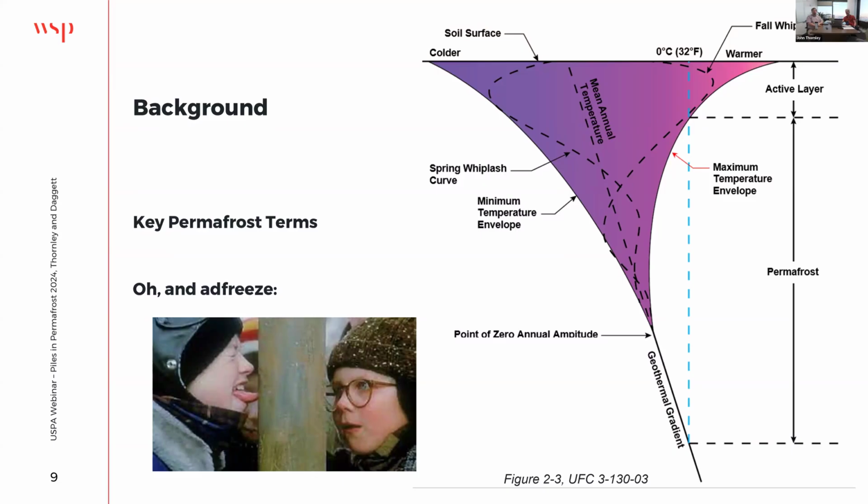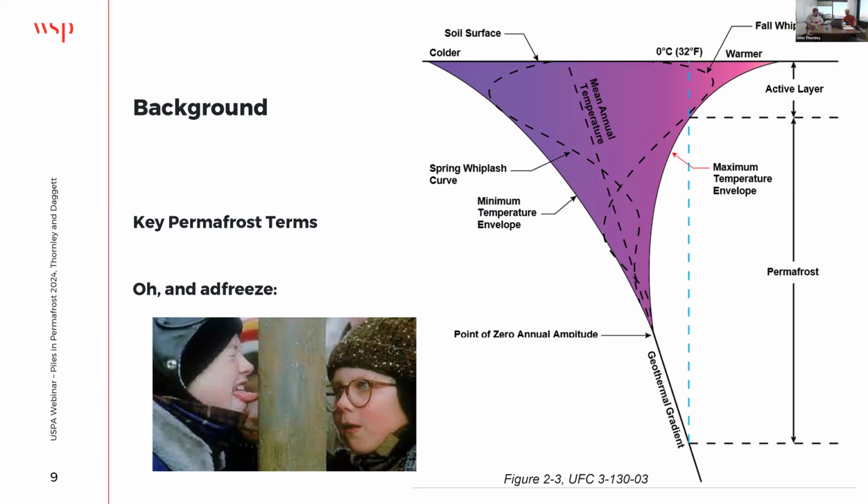And so this on the right-hand side is what we call a whiplash curve or a trumpet curve, where we can describe the behavior of the permafrost environment, with at least the subsurface conditions from a temperature standpoint. And what you'll find throughout today's discussion is that temperature is a significant factor in pile design. And so understanding